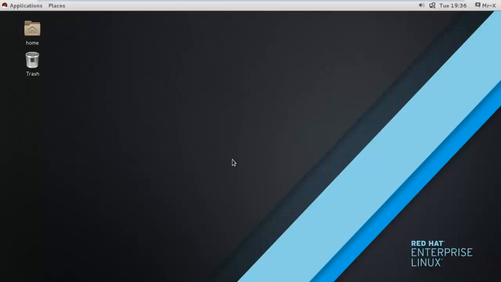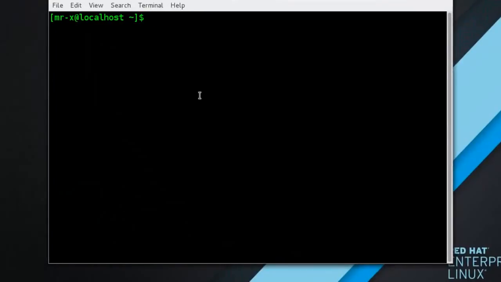The basic file format of locale.conf is a newline-separated list of variable assignments. So we check the locale.conf file: cat /etc/locale.conf, and you can see here its language setting.